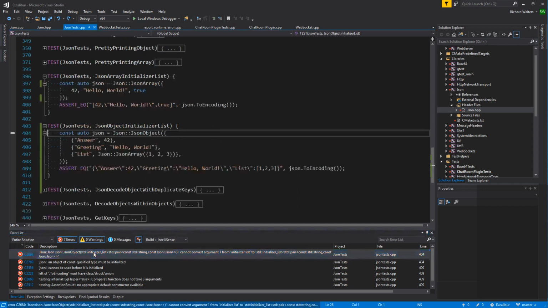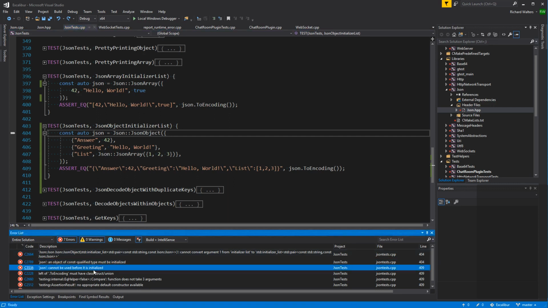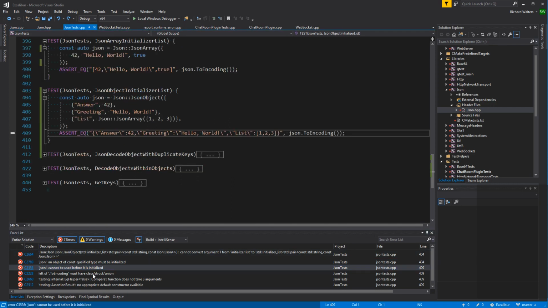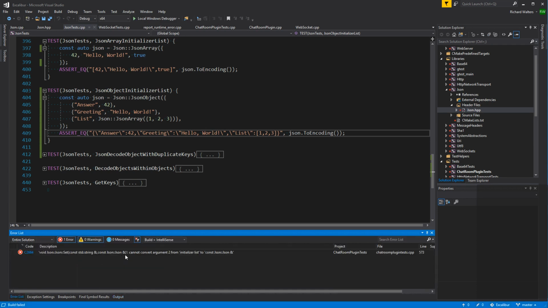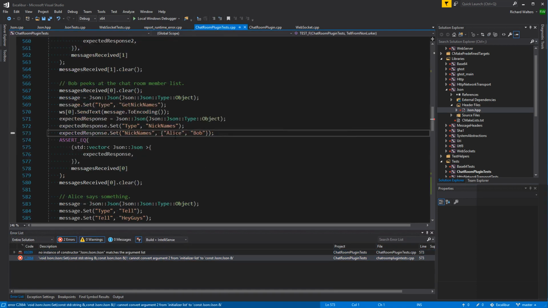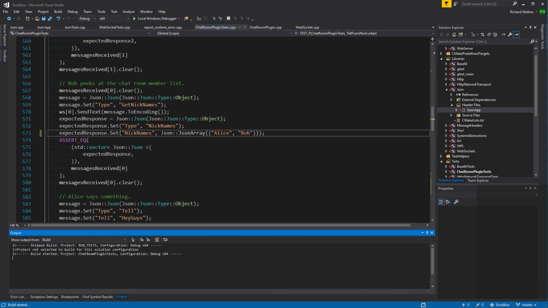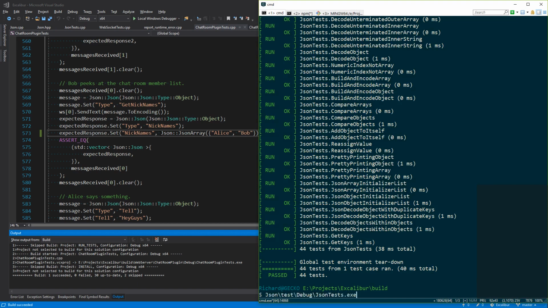Okay, so next. Why is it, oh, yeah, that's the one we just fixed. Let me rebuild that. Some of these error messages stem from the other one that I fixed. Is it just one place I did it? Okay. Only one place I did it.